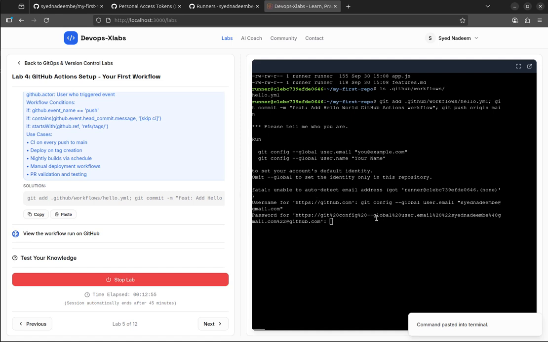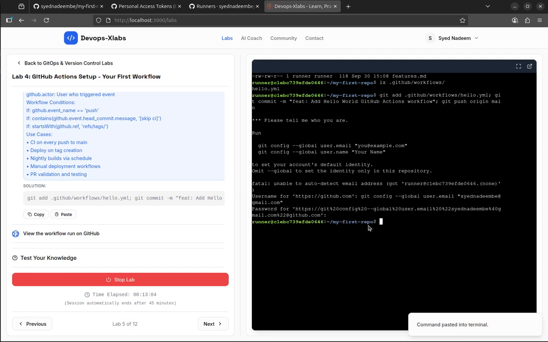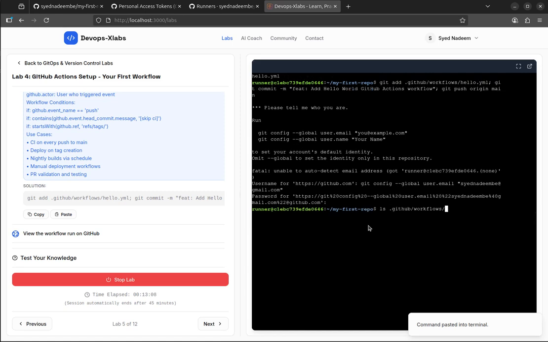Let me write that again. Git. Oh, for some reason my keyboard is not working. Oh, okay. It's asking me for the password actually. We don't need the password right now. We just need to configure it. So let me write that command once again. I will say git config --global user.email, my email ID